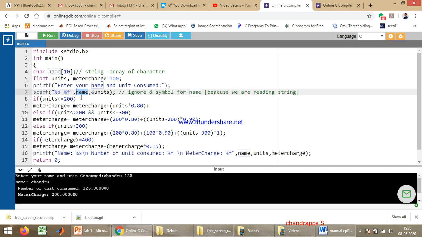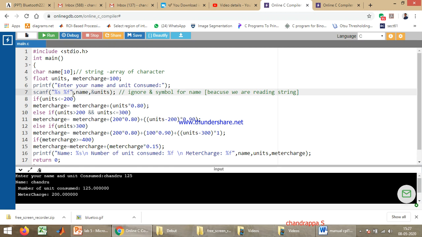So we require more than one memory location, not one location. If we used the ampersand symbol, it will point to one location. But we need more than one location to store characters or to store a string. So therefore, ignore the ampersand symbol for variable name.